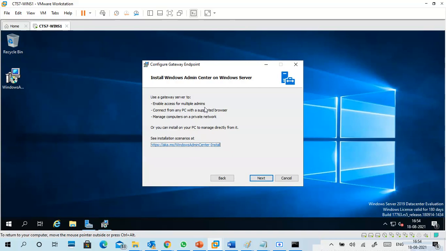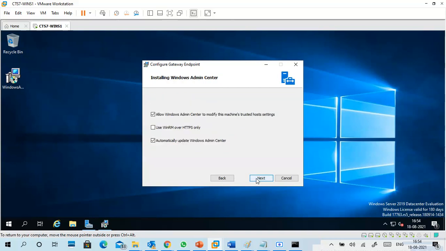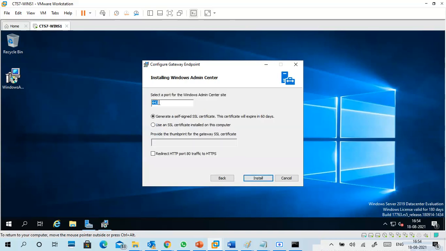Enable access for multiple admins, contact from any PC with a supported browser, manage computers on a private network. Allow Windows admin to modify the machine's trusted host settings. Automatically update Windows Admin Center. Use WinRM or HTTPS only. Port number is 443.